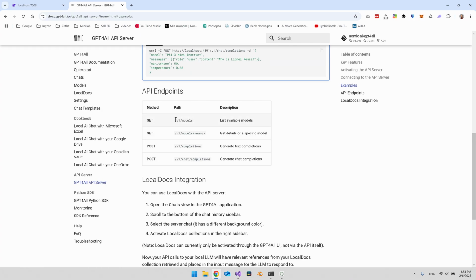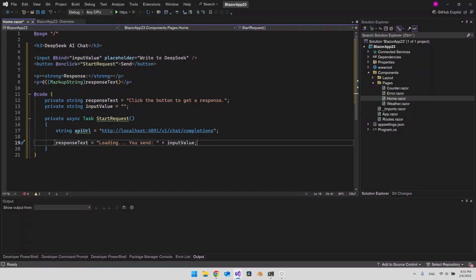So as you can see, you can also go and request the models. So you do maybe get a list of the models that is available. So the models that you have actually installed. So you could go and make a UI where you first list the models and say which one do you want to connect to. But back in the code here, we can go and make the response text to loading,